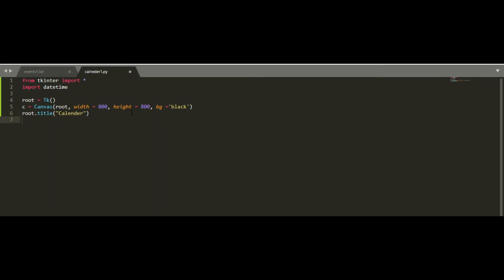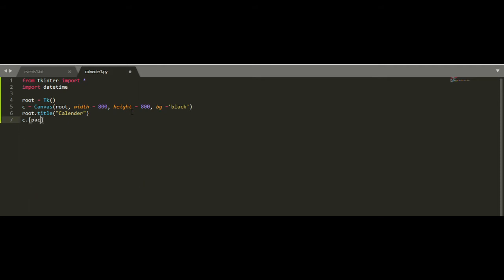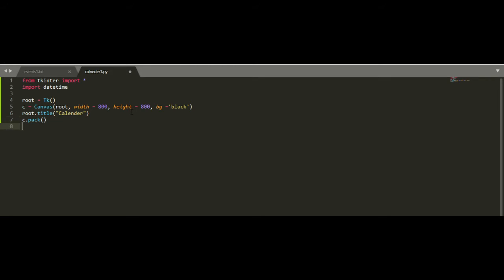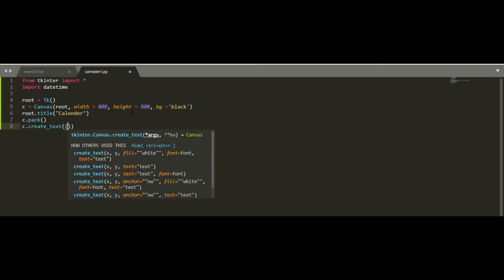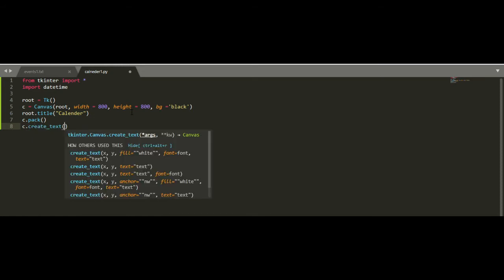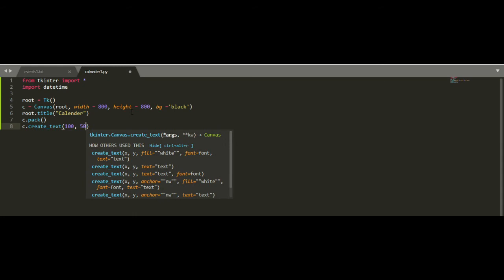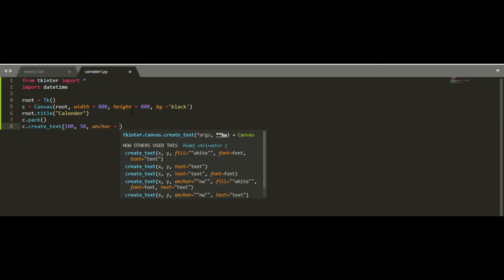So then we'll write c.pack to include it in the root, and then we'll enter text into it by using the create text function, and we'll write 100, 50, anchor is equal to w,